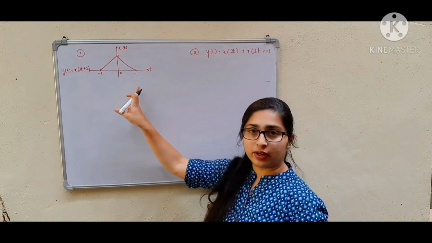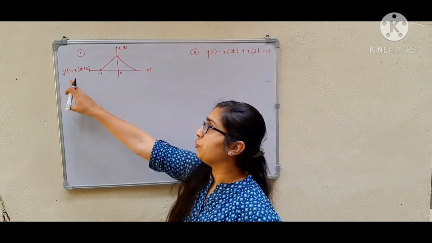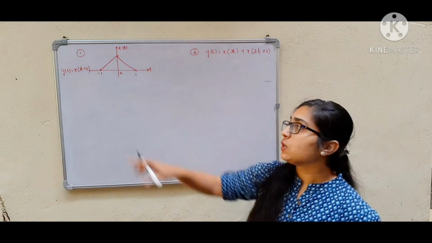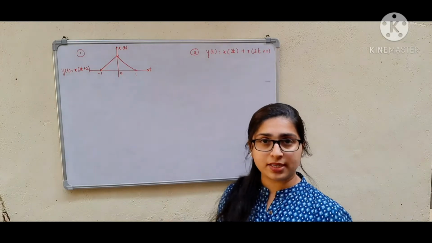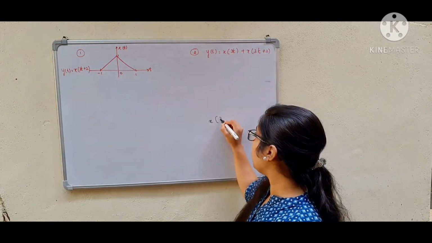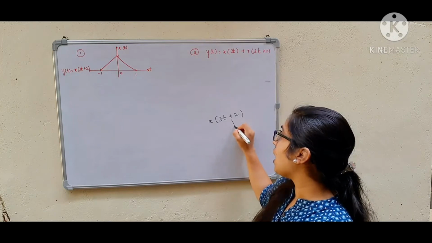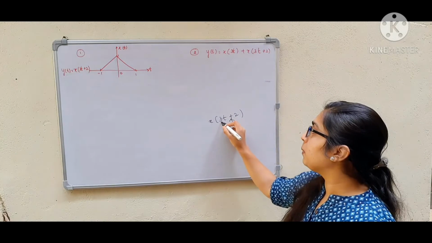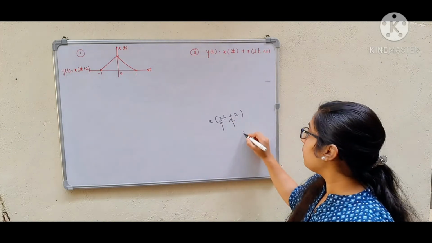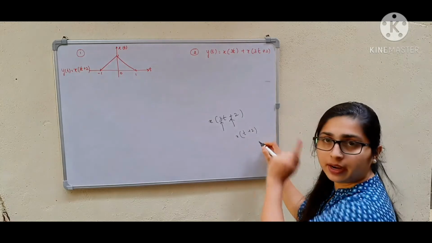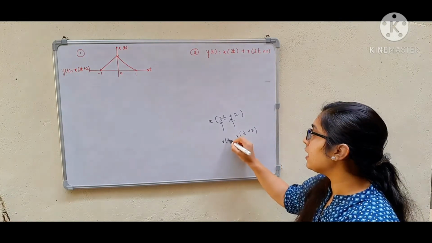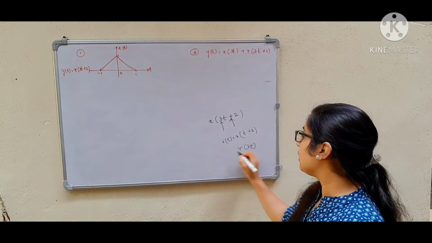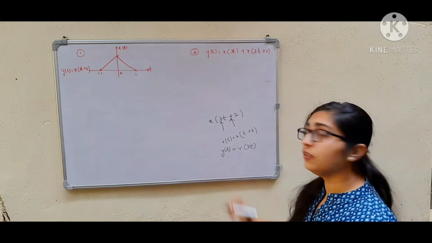Let us solve this problem where they have given you the signal x of t in the range -1 to 1. And they have asked you to find the signal y of t, which is equal to x of 3t plus 2. In this, we will find an intermediate signal. For x of 3t plus 2, I have to perform the shifting first when I come from right to left, and then I will perform scaling. So x of t plus 2, I will find first. I will name it v of t, which is the intermediate signal. Then I will scale this signal, that is v of 3t, which is nothing but our y of t.